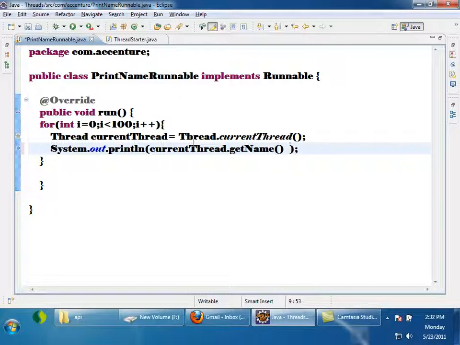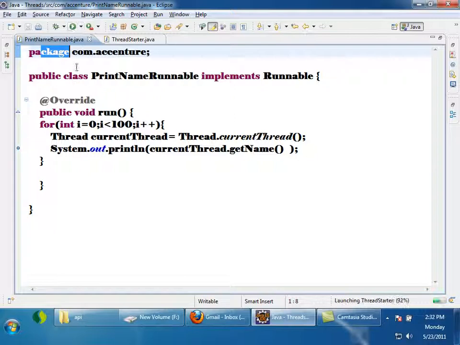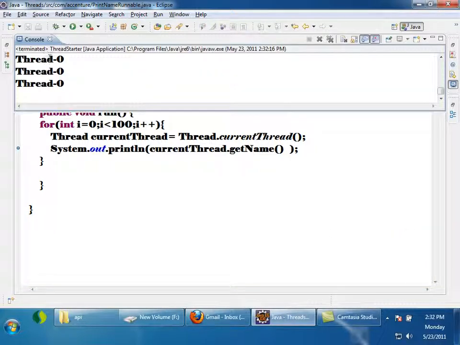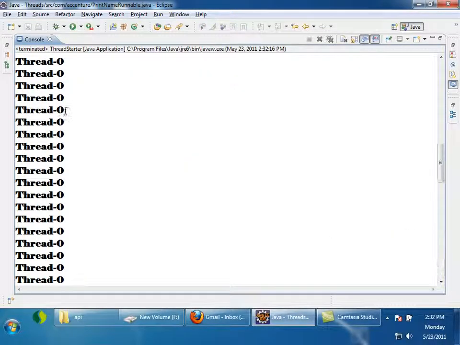Okay. So what I told, I want to write a program which will print its own name. Now if I run the program, let us see what it will print. See, it has printed Thread-0, its own name, 100 times,